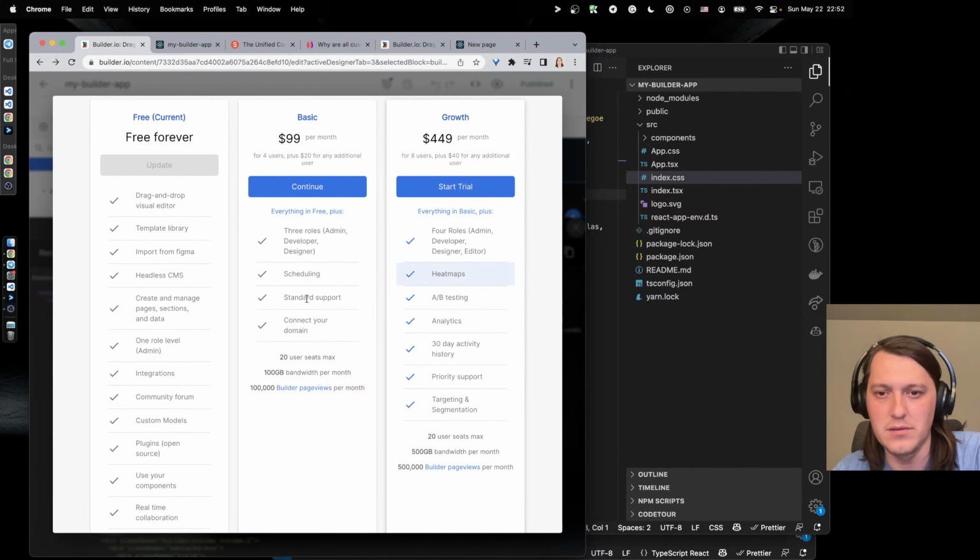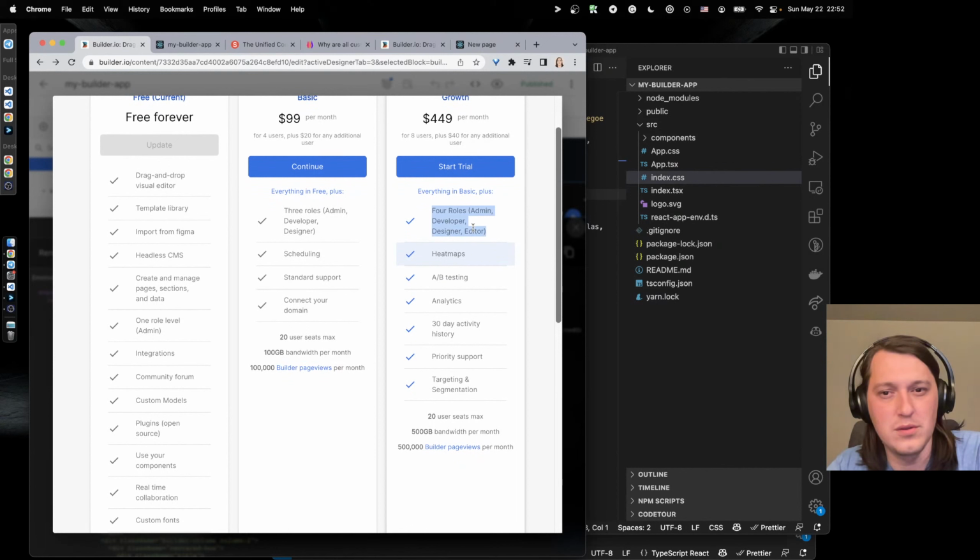So roles, shadowing, support, connect your domain. Does that mean what I think it means? Why would you even need your own infrastructure? Just get Builder hosting your stuff. Yeah, that maybe makes some sense. Okay, this one has 4 roles: admin, developer, designer, and editor.